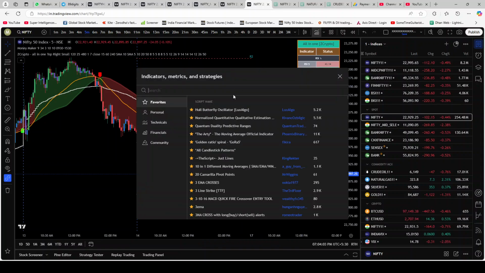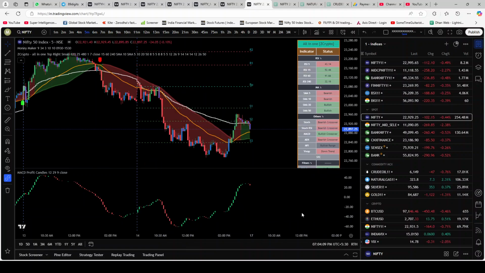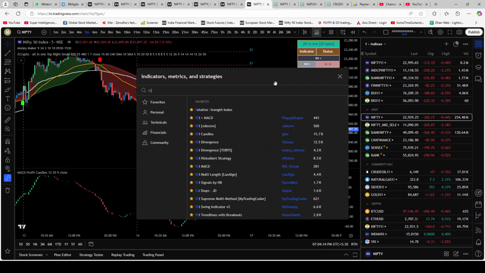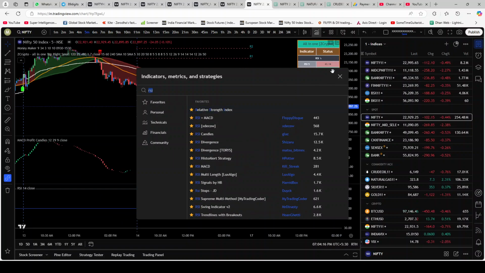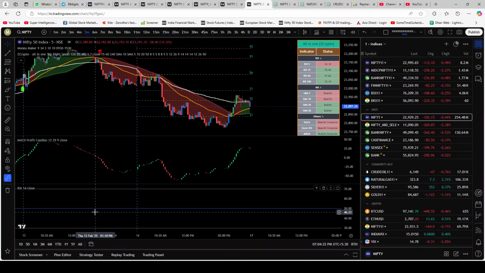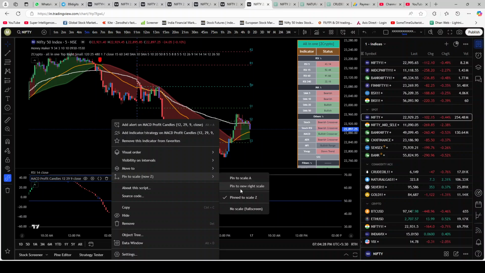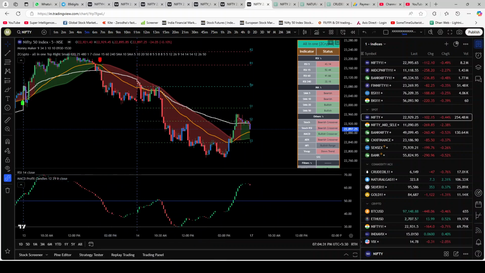If you're on the paid version, you can add an MACD, this new candle that we have discovered, this MACD profit candles, that seems to be working very well for us. If you have access to more, add an RSI for borders. You can add an RSI and then merge this MACD and RSI together. So RSI we are only using for borders 70, 50 and 30. 50 we have made blue. All right, move to existing plane below, pin to scale, no scale, full screen, and this RSI and MACD is